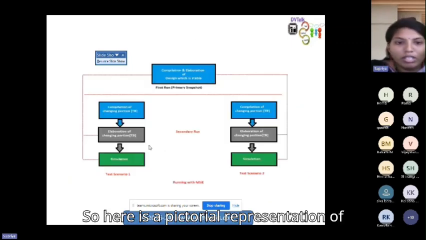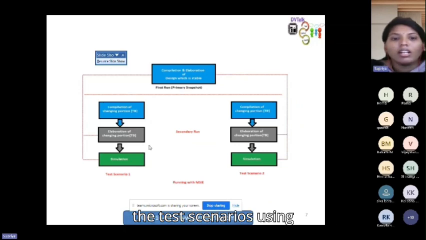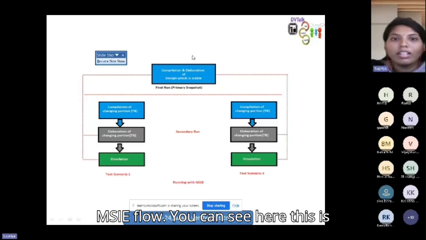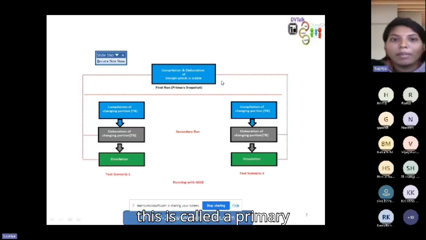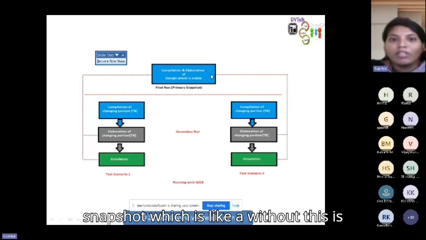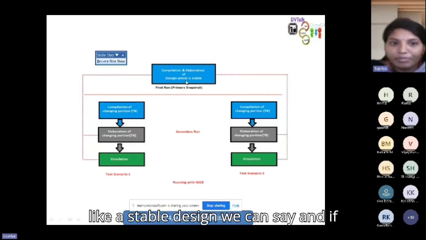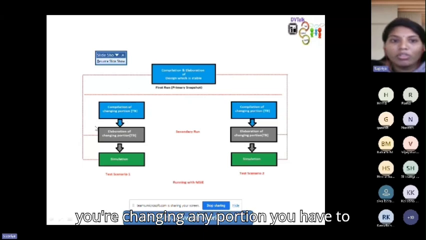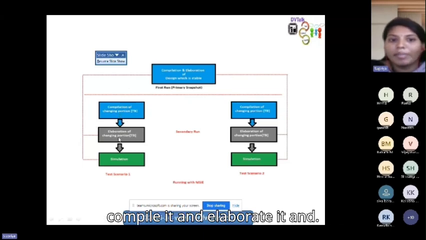Here is a pictorial representation of the test scenarios using the MSIE flow. You can see here this is called the first one, or the primary snapshot, which is like a stable design, we can say. And if you are changing any portion, you have to compile it and elaborate it, and